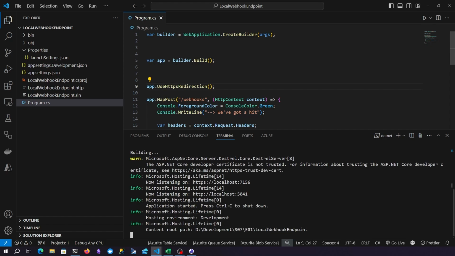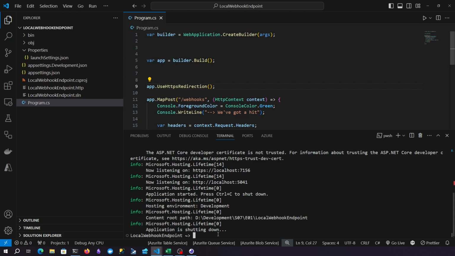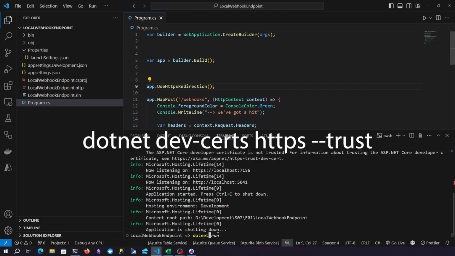And that will run it up. And we've got it running on our 2 endpoints. Now I'm getting a warning here saying that the certificate is not trusted. Okay, that's interesting. So what you can do if you get something like that, you just need to run a command. So I'm going to stop this. I'll do Control-C,